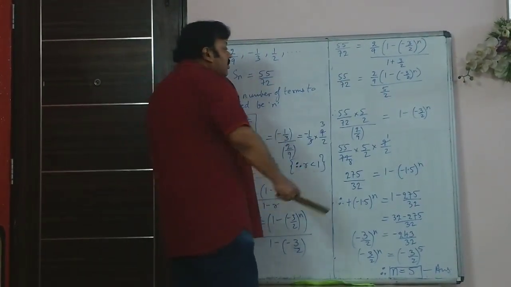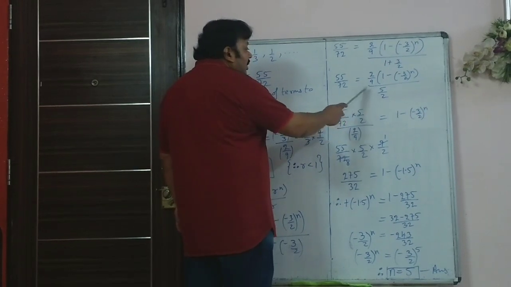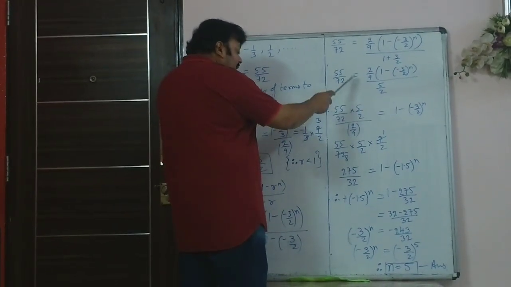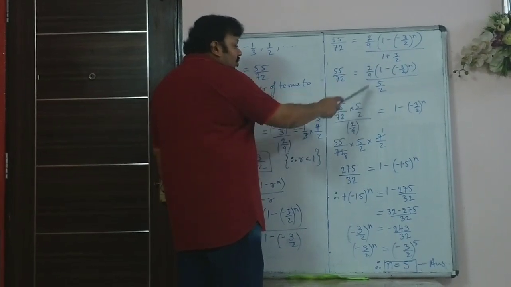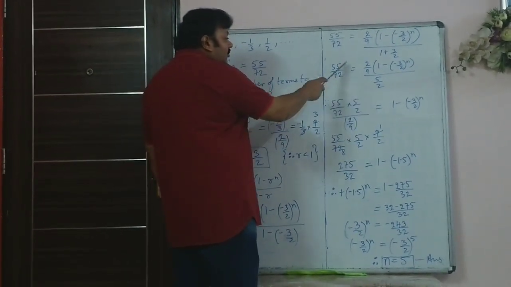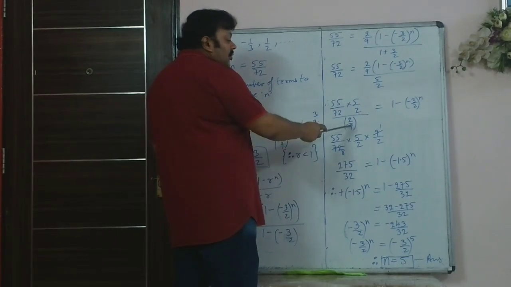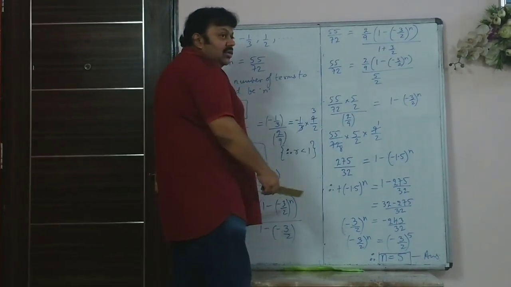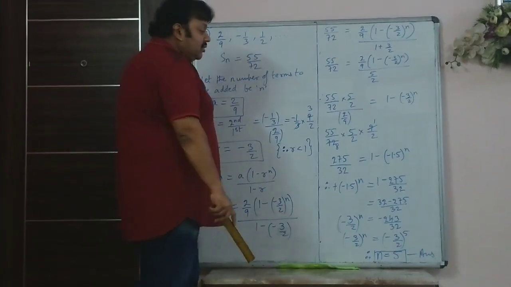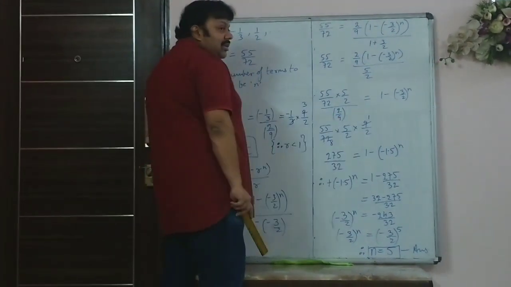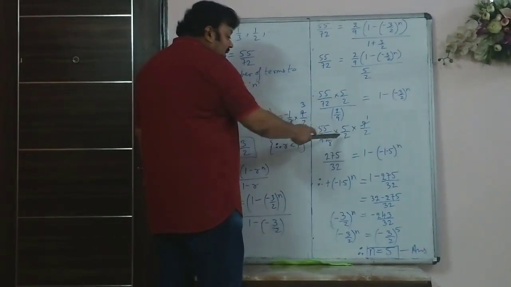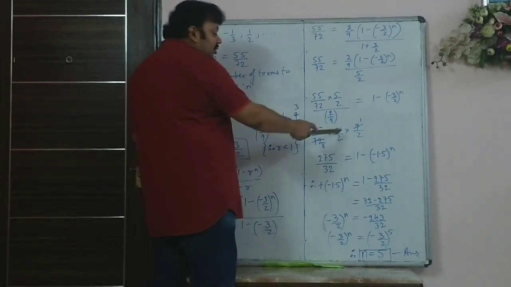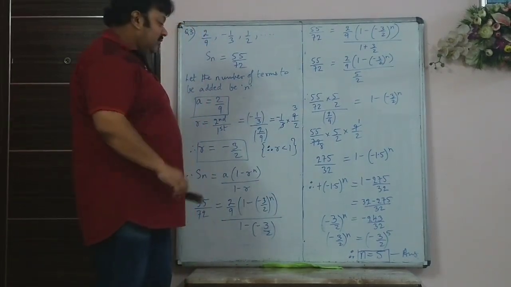So that remains. So now I can cross multiply 55 by 72 into 5 by 2, and this 2 by 9 goes to the denominator of this side. So 2 by 9, instead of writing it as the denominator, I can take the reciprocal and do multiplication. I will write it as multiply by 9 by 2. So 9 8s are 72. So this becomes 32 and the numerator is 275.